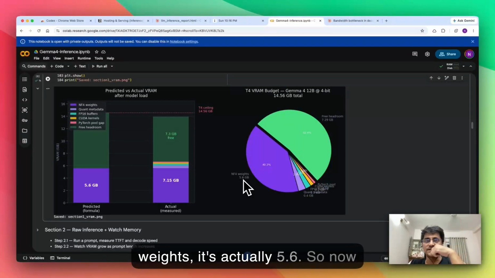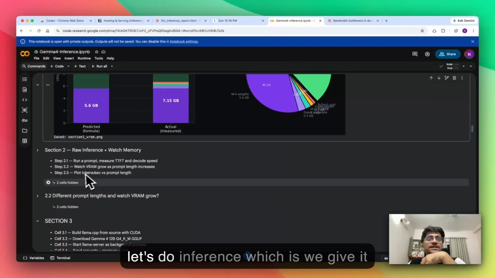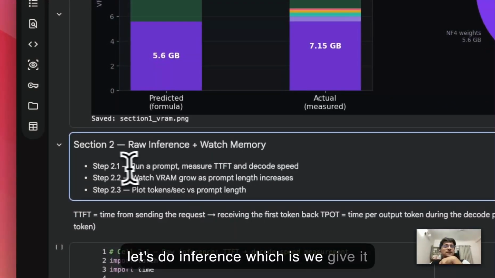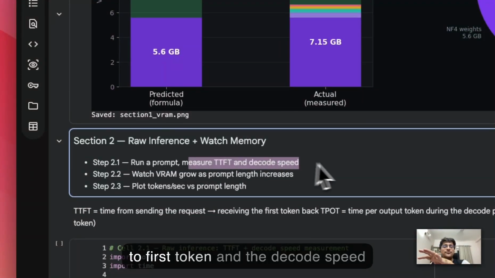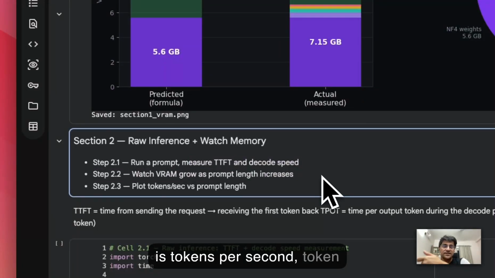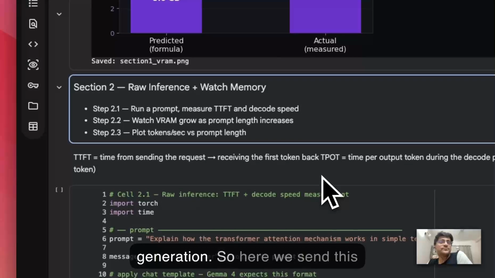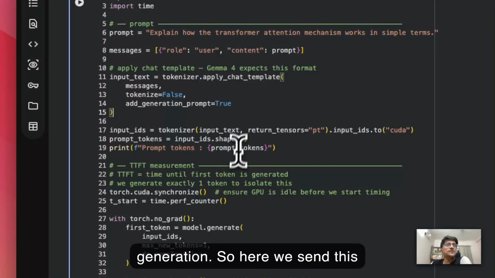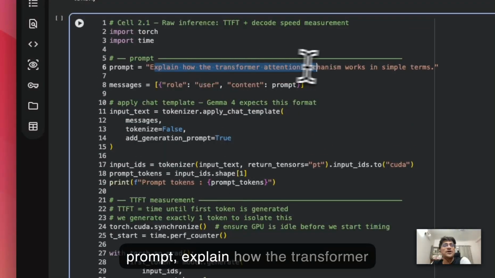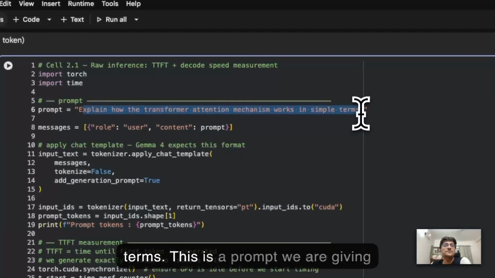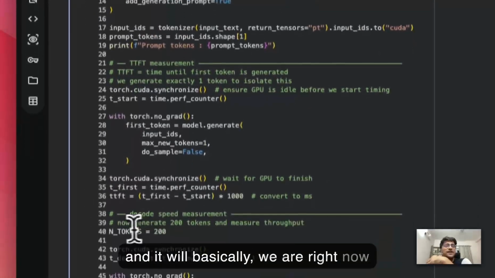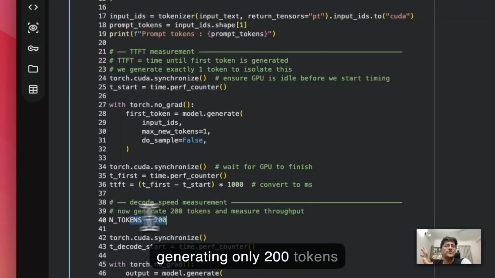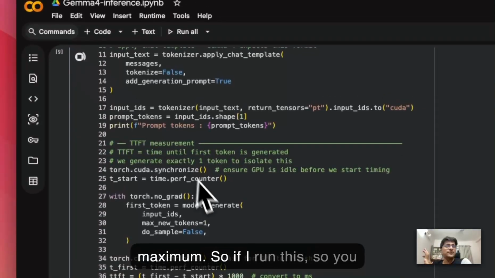It's actually 5.6. So now let's do inference, which is we give it a prompt, and we measure the time to first token and the tokens per second. Decode speed is tokens per second, token generation. So here we send this prompt, explain how the transformer attention mechanism works in simple terms. We are right now generating only 200 tokens maximum. So if I run this,